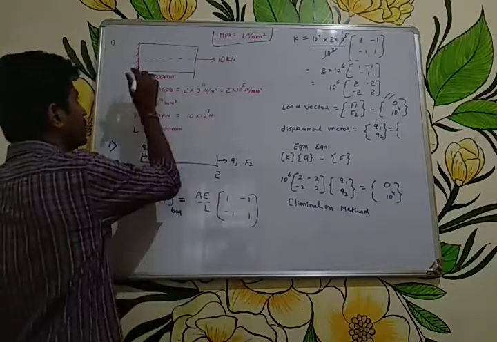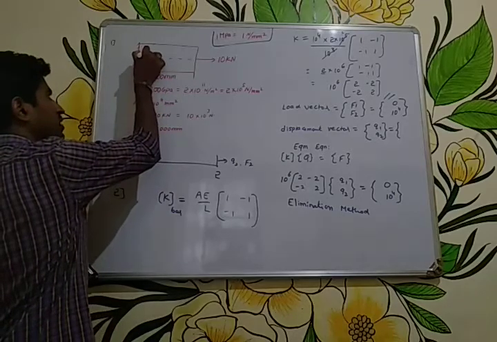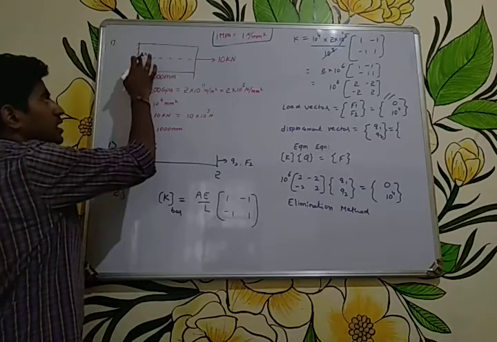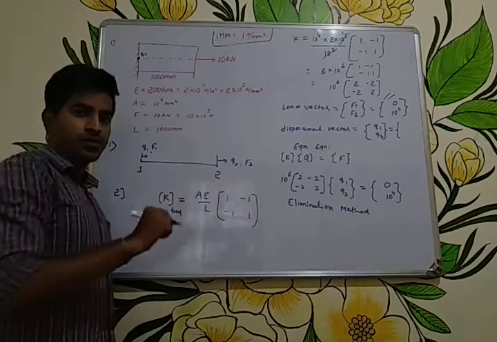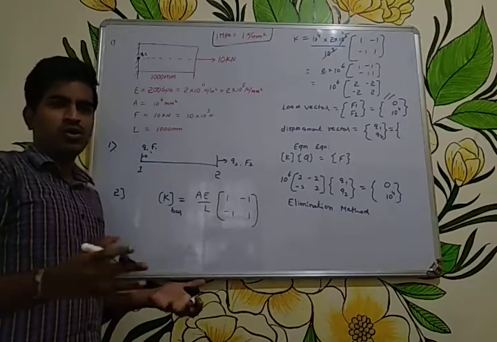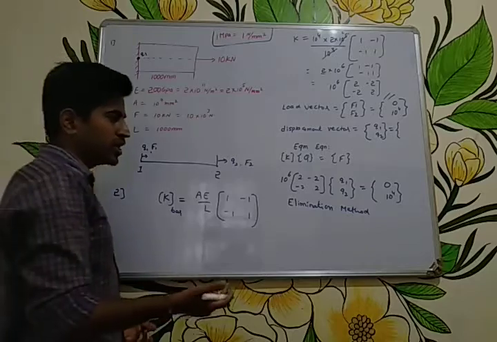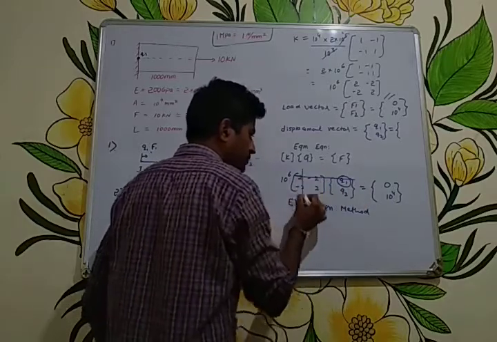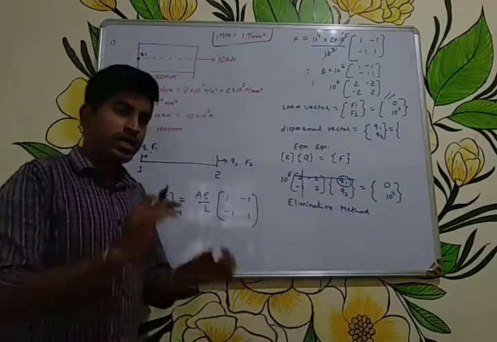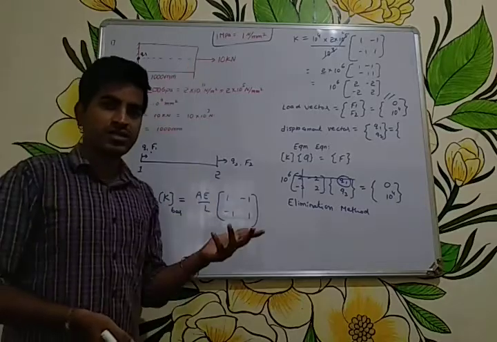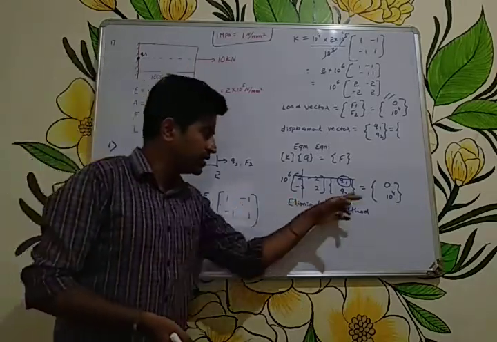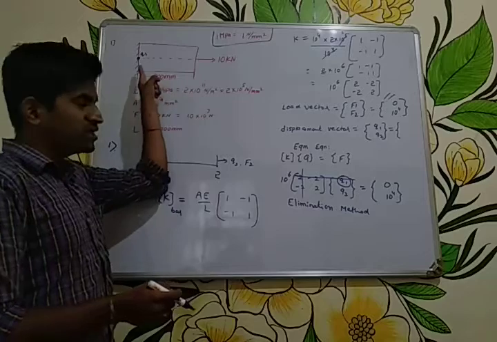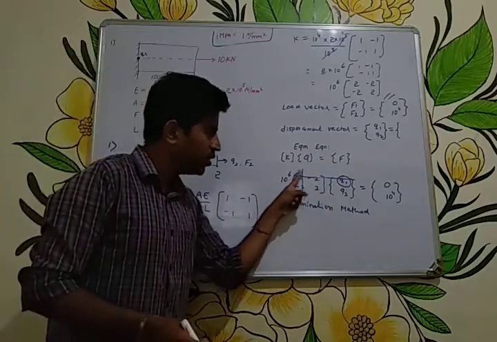Here we know that this is the first node and here we have a Q1. So here we already know that displacement is 0, because this is a fixed end. You cannot have any displacement there. Okay, so that's why as it is a 0, you have to eliminate first row as well as first column. In case if the node 2 is fixed, then you could have eliminated second row as well as second column. Simple thing you remember, that where there is a fixed end, in that particular row and particular column you have to eliminate.